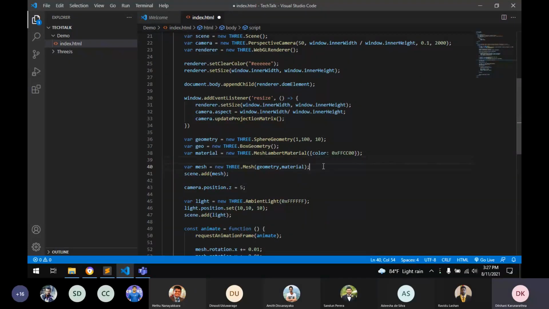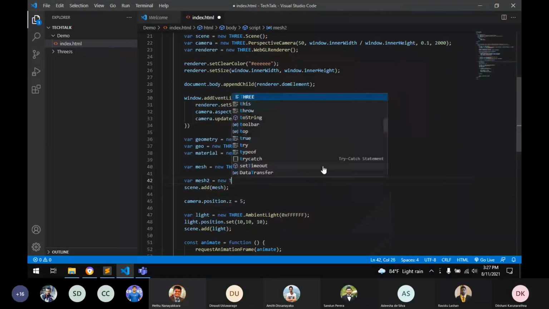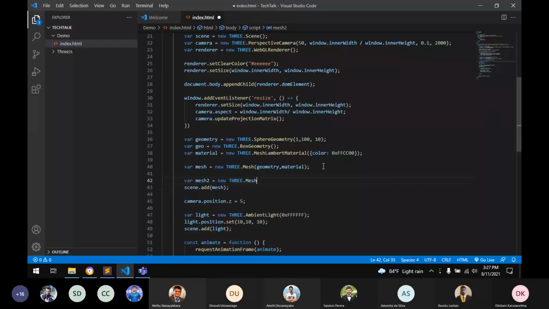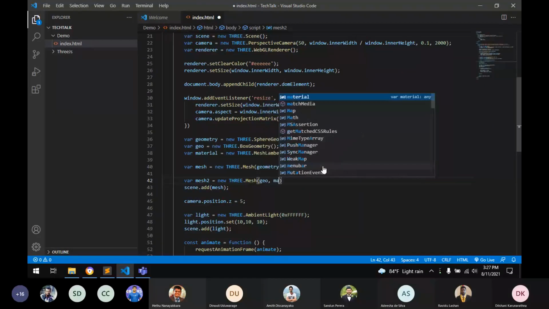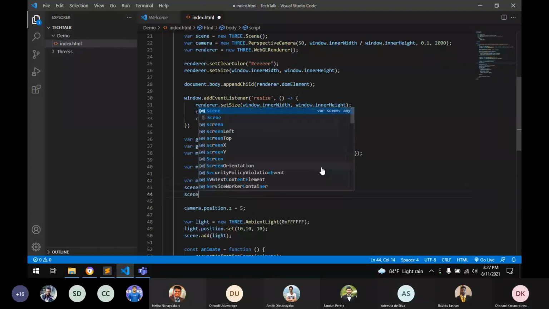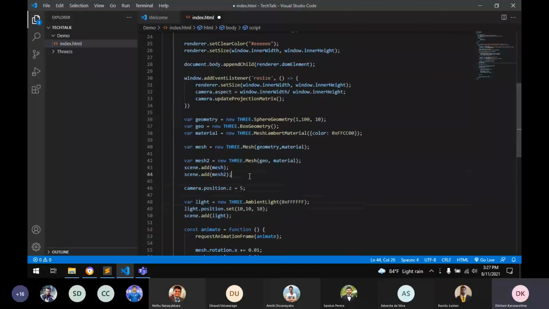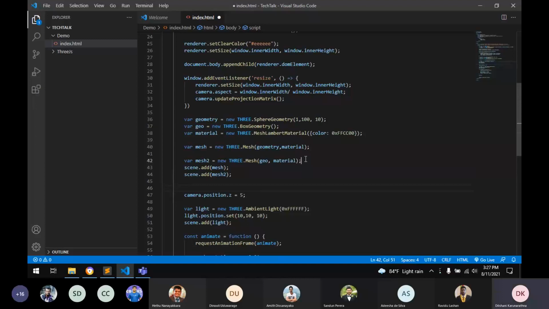You can use the same material, and we need to define a position, because if we don't specify a location, both the cube and the sphere will be in the same position, the default value at 0, 0, 0 coordinate.